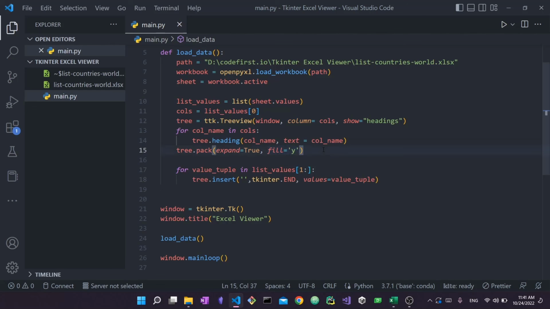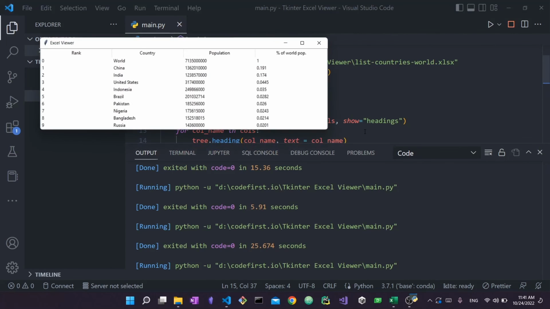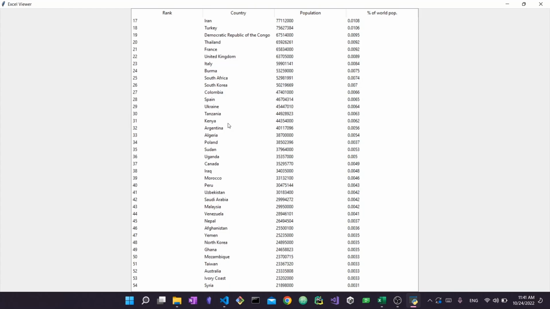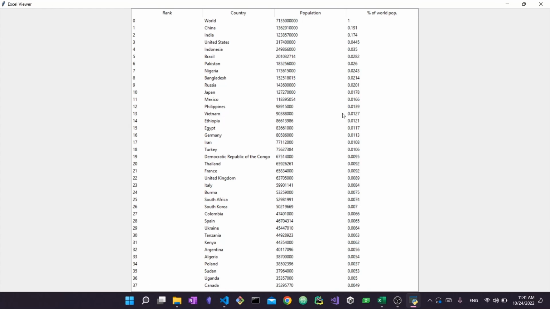By saying fill equal y, this means take up all the space in the y-axis, which is the vertical axis. Now if I resize, as you can see, it takes up much more space and I can scroll through this tree and it looks very good, very presentable, and if I open my window, it actually looks appealing and you don't have this very small section of the window and the rest is just blank. So this is how we were able to load this Excel data and display it